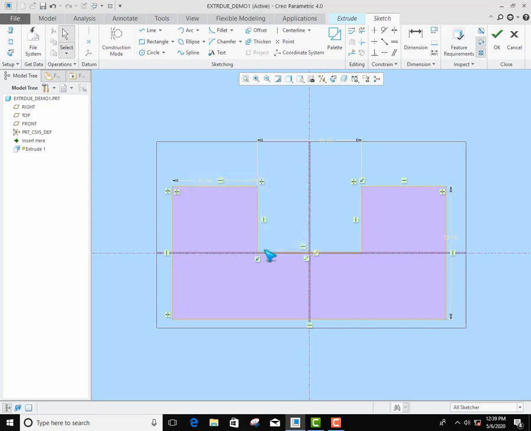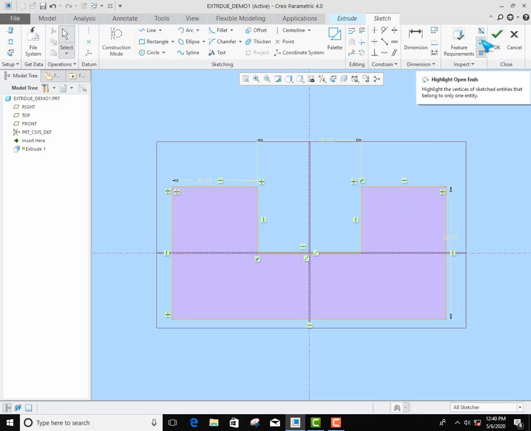If you are adding other sketches here, then it will show other requirements also. And in the inspect tool, there are three options available. It will show if your entity has overlapping geometry, in red lines, that the entity is overlapping.